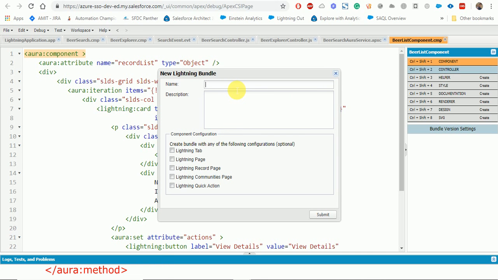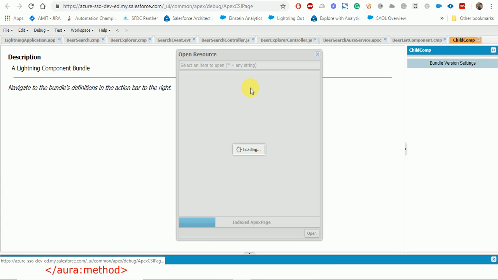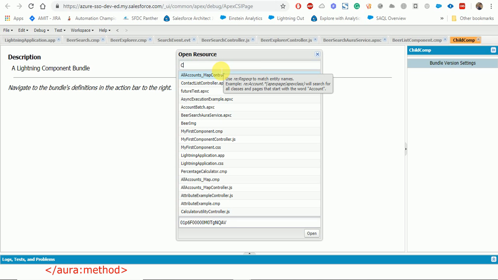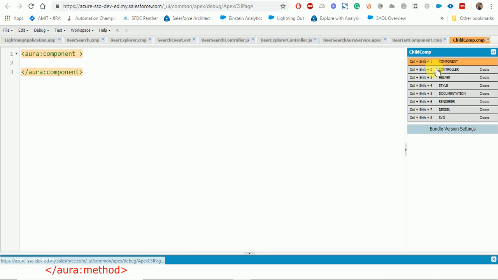Let's name it child component. Child component, this one is okay. And then create an Aura method here. Aura method.